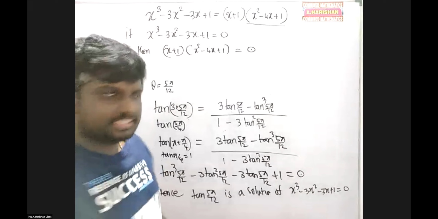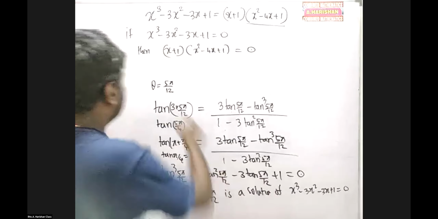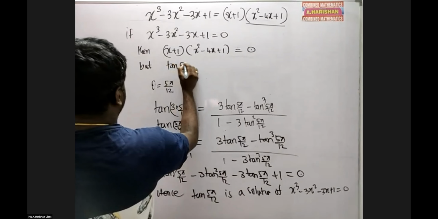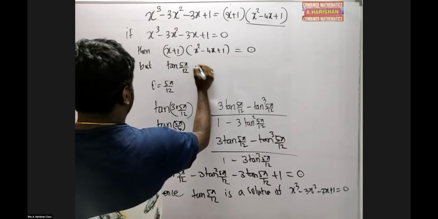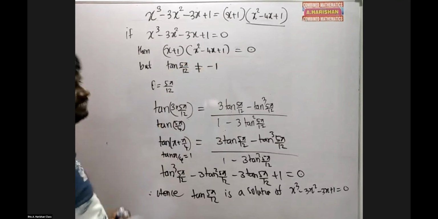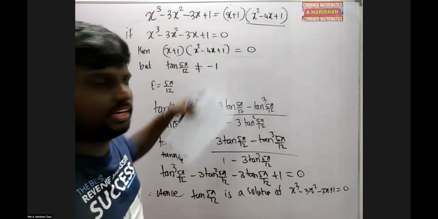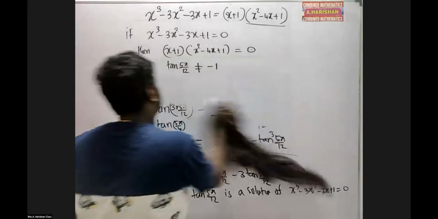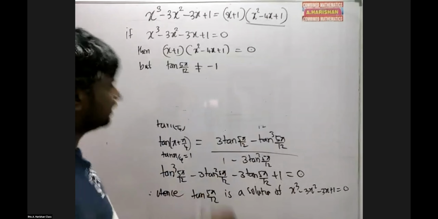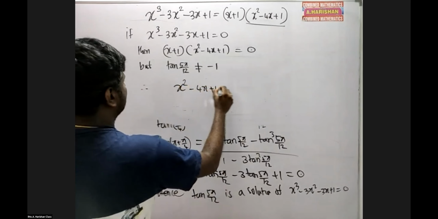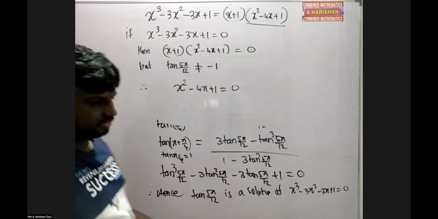Yes or no? Yes, because you factorize this. But tan 5 pi by 12 is not equal to minus 1, so the root is not going to come from x plus 1. So you can omit that. So x squared minus 4x plus 1 equals 0